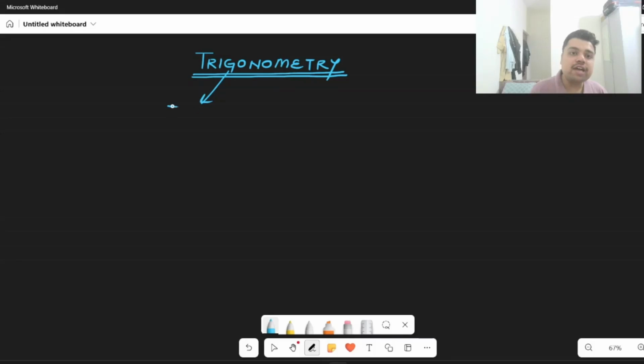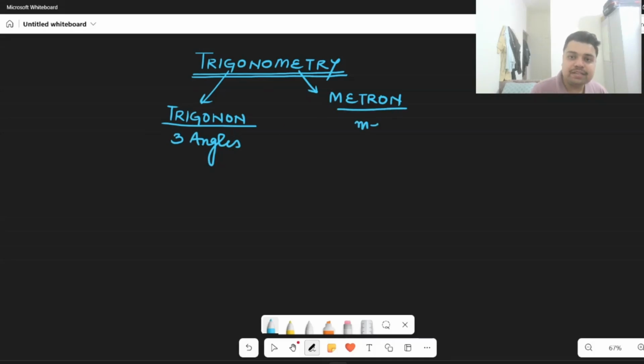First is trigonon and second is metron. So trigonon means three angles, right? And metron means measurement. Now, whenever we are talking about a three-angled figure, which is basically a triangle, and the relation between angles and sides,